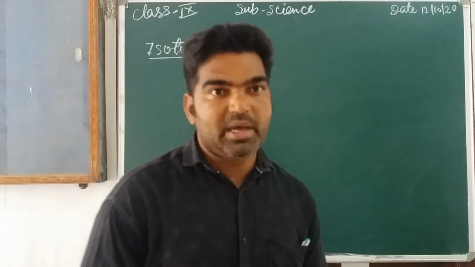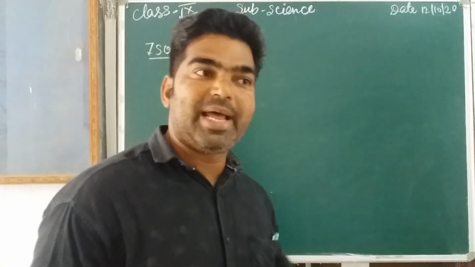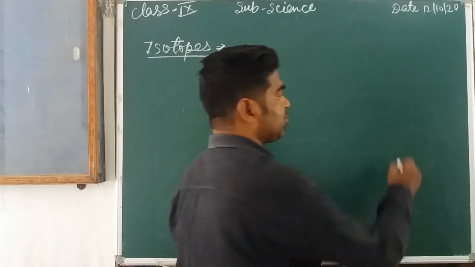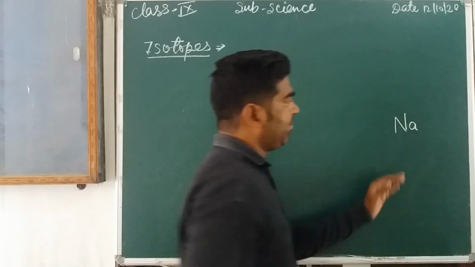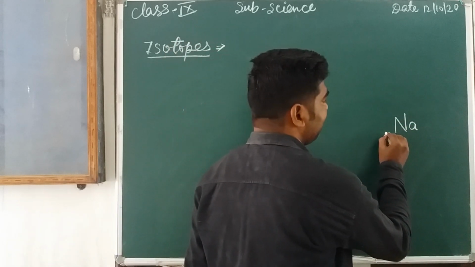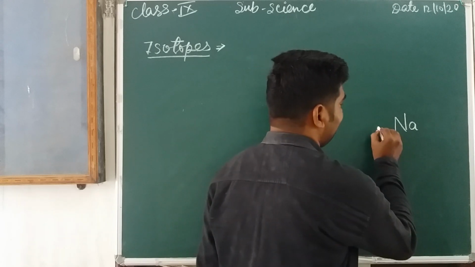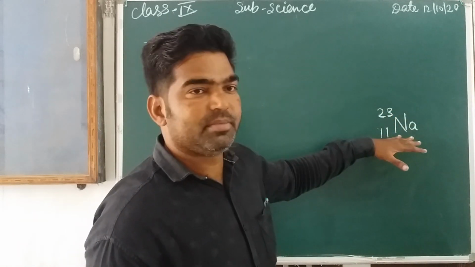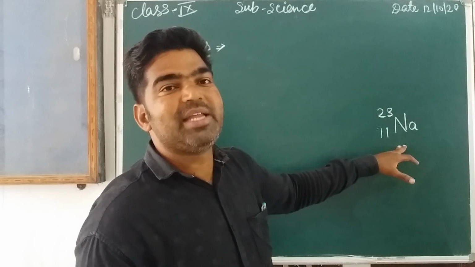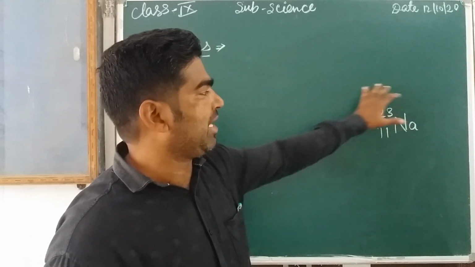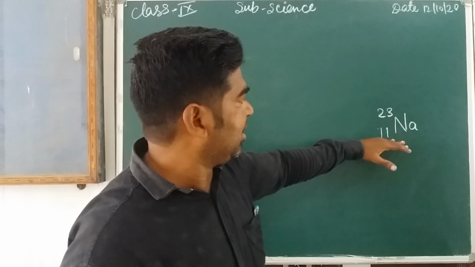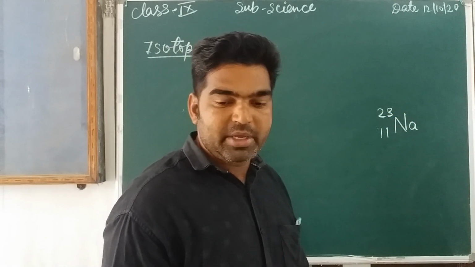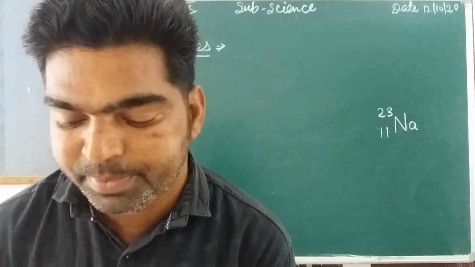Now, as I already told you, whenever we want to write the symbol for any element, suppose we are going to write the symbol for sodium, we simply write the symbol of sodium, and here we write the atomic number. The atomic number of sodium is 11 and the mass number of sodium is 23. So the representation of any element by its atomic number and mass number can be written like this. In lower case we write the atomic number, and in upper case we write the mass number. Okay, so next we are going to discuss today about the isotope.